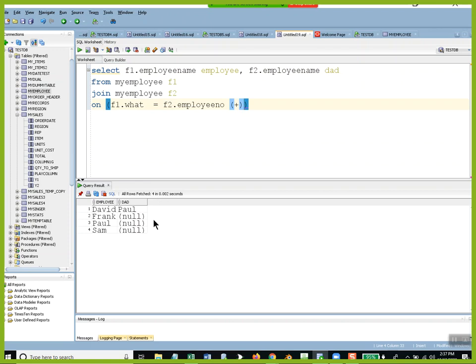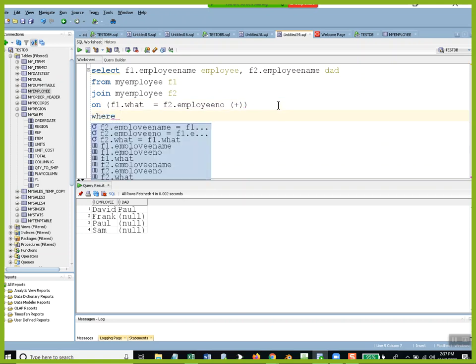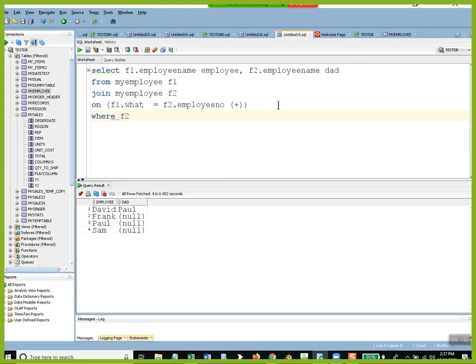Okay, that's better that direction. Because Frank didn't have a parent there, and Paul didn't either. So then the question becomes, where? I'm wondering if I can put this in here. We'll see. F2 dot what